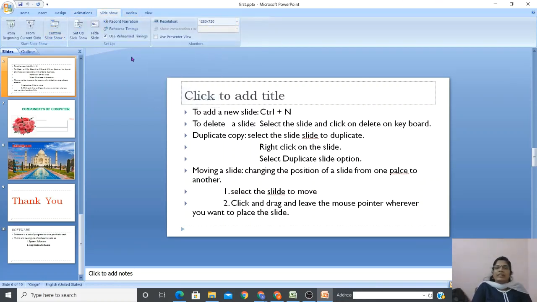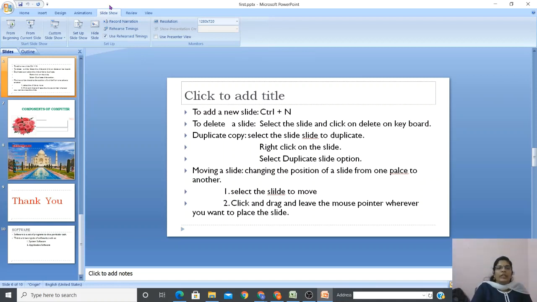So these commands, how do you access them? If you want to access word art, what do you have to do? First you have to go to the insert tab, then to the text group, where you have the word art option, then you have to click on the word art icon. So three clicks are there, right? Instead of these three, you can just make a single click. That is quick access.